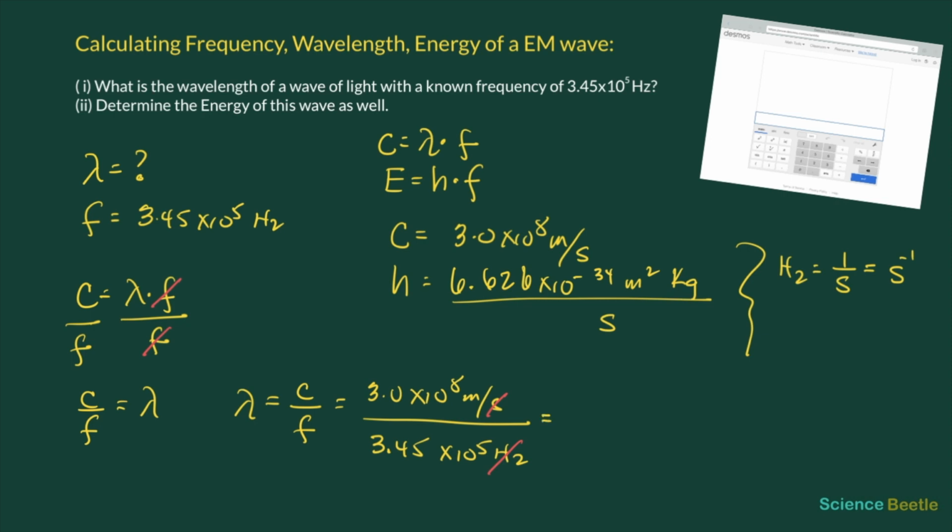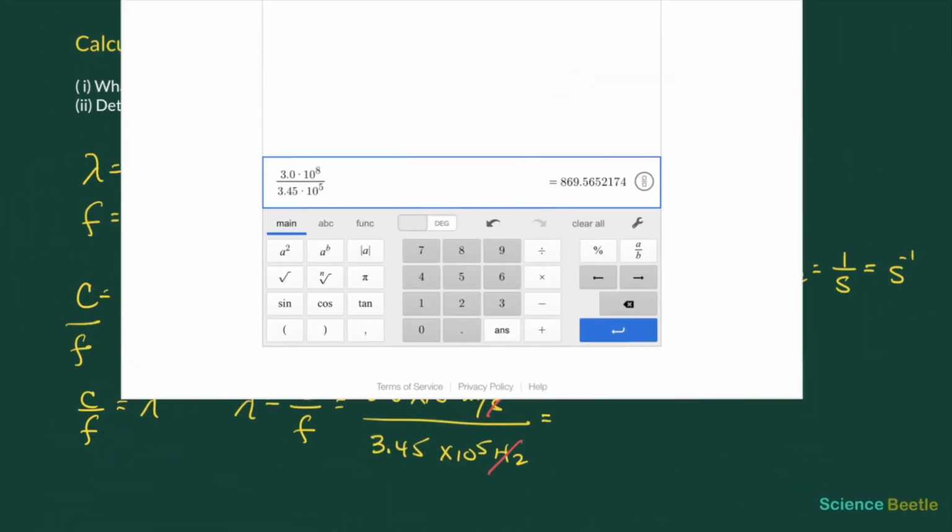And so we're going to need to bring the calculator over. So let's go ahead and do that now. I've already gone ahead and typed in the information, and you can see here in the problem, we've got 3.0 times 10 to the 8th in the numerator, 3.45 times 10 to the 5th in the denominator, and when you evaluate, the answer we get here is